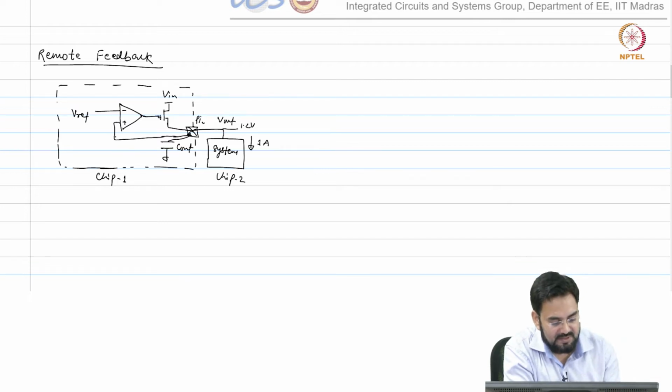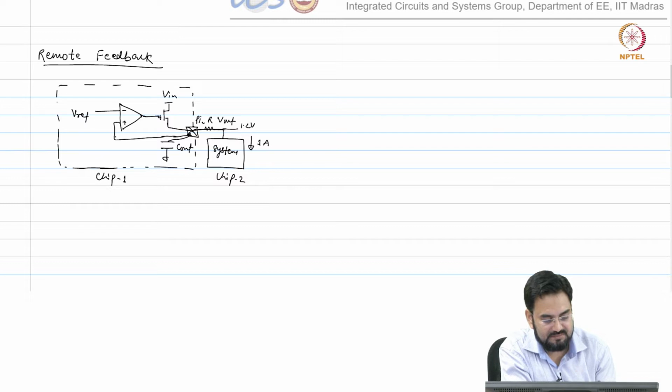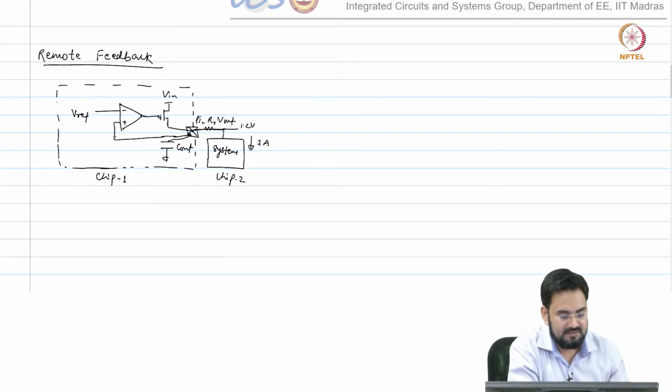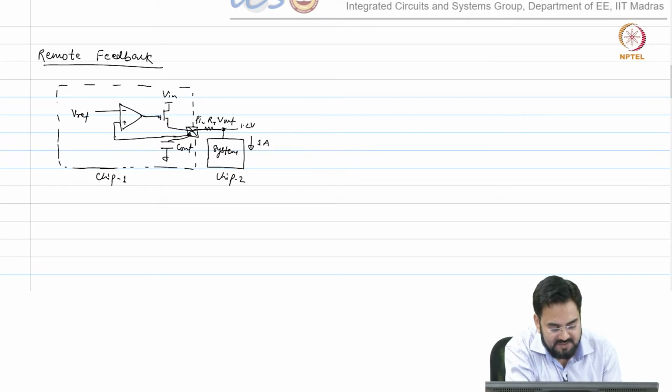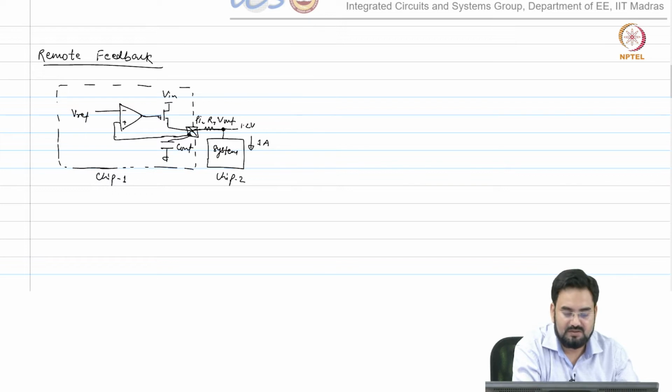So, what would happen? You have traces and these traces will have some parasitic resistance. Let us say I call it RT, R trace. So, what will be the voltage which will appear at V out?